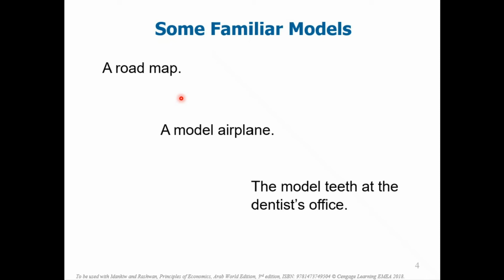But in order to drive there, we usually use a map, whether a normal paper map or, for example, Google Maps. This Google Map is a model of the Istanbul road map that we have. If we want to study mechanics, for example, we have a model of an airplane.